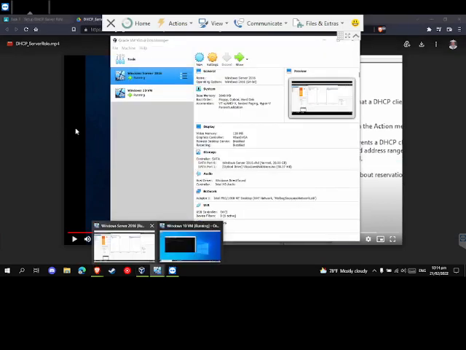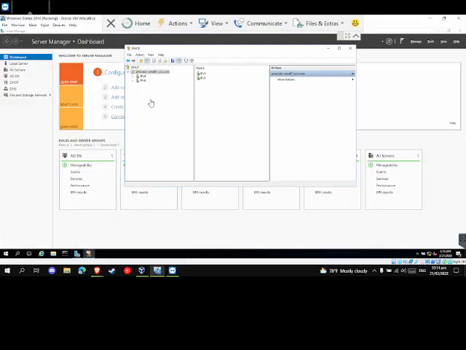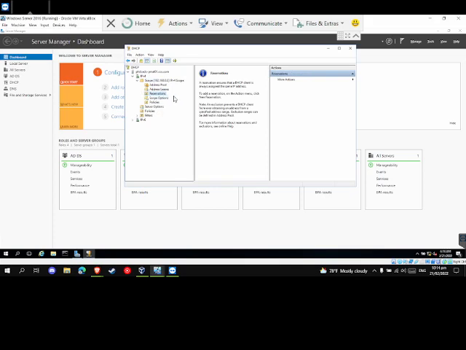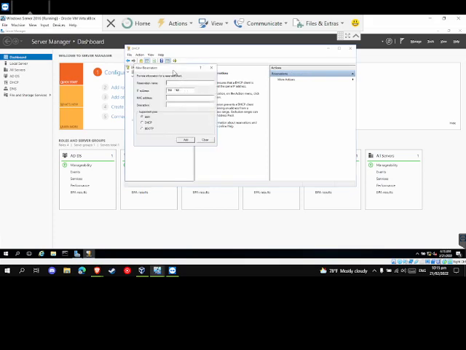So, okay. Go to IPv4, then go to this scope, drag down, and go to the scope, reservations rather, and then right-click, new reservation, then here